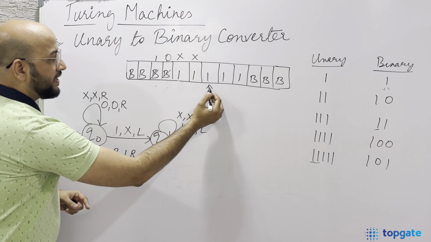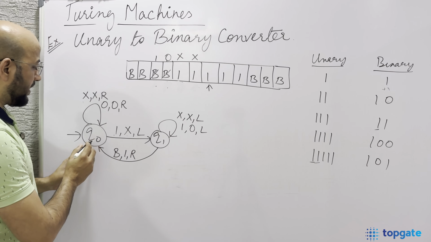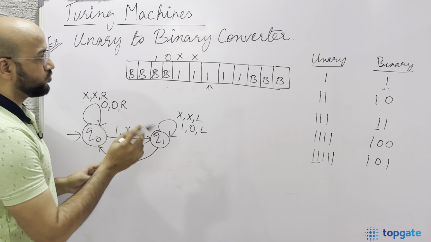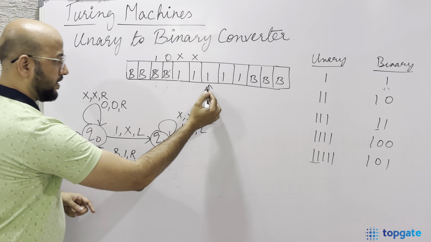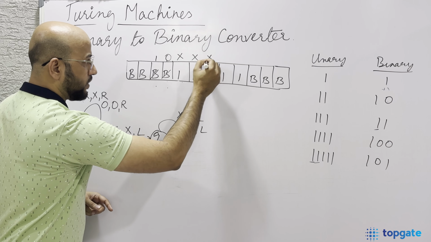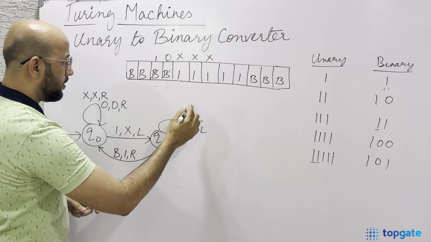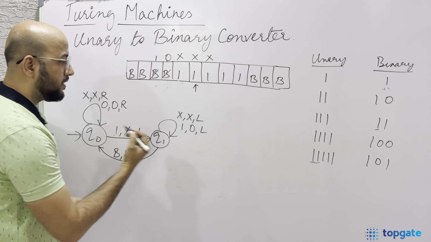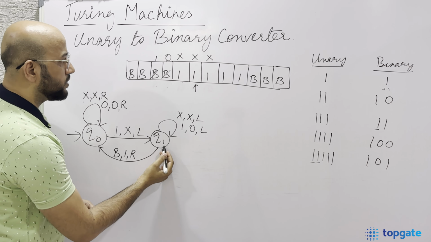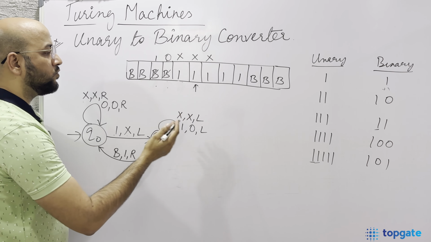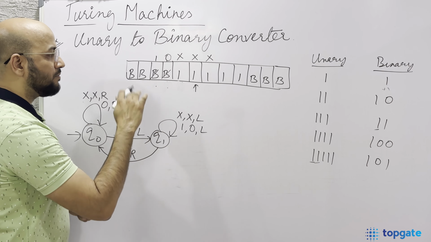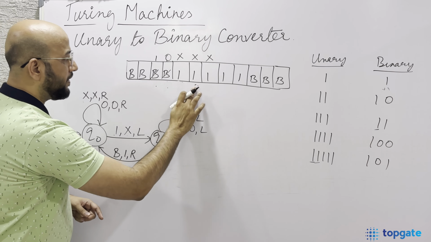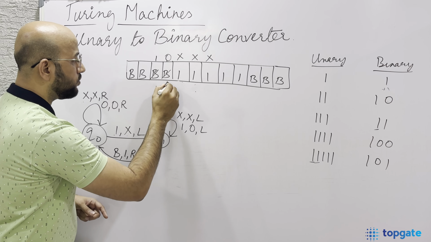Okay, now we are at 1 and we are at state q naught. At q naught, the machine knows that if you find a 1, you should change it to x. So I'm finding a 1 here. 1 will be changed to x and the pointer will come on to this x now. Okay, and I'm at state q1. At q1, the machine knows that when you find the x, you let it be x only and come on to the left hand side. That means this x will be skipped and the pointer will now point on to this